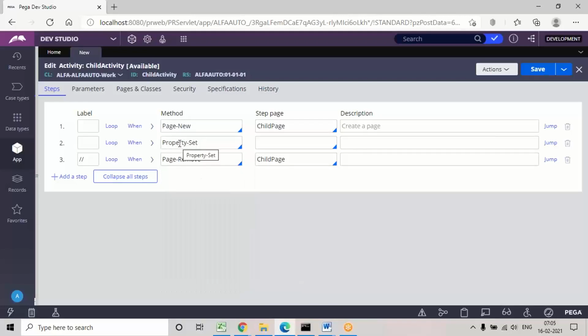So what this property set will do is, we can assign values to a property or set values to a property. So it will hold the value. What are the values given in the UI? We can map them to the data table, or if we have any records in the data table, we can fetch them and display them to the UI.